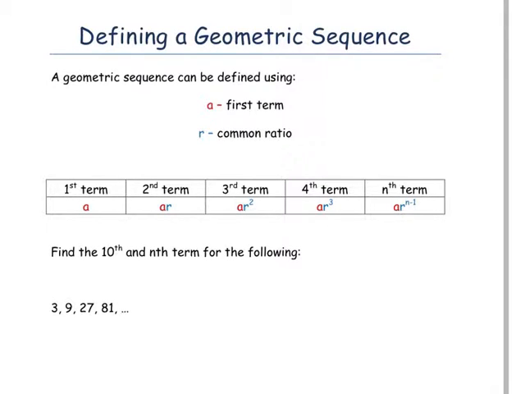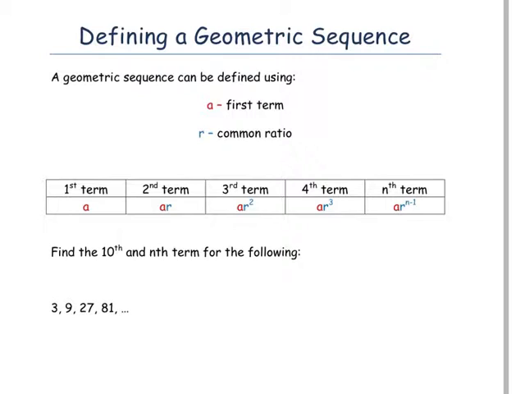Defining a geometric sequence. In Core 1 we looked at arithmetic sequences and we found a rule for finding the nth term of an arithmetic sequence. Well, in Core 2 we're going to look at finding the rule for the nth term of a geometric sequence. And remember, a geometric sequence is where we multiply by a common ratio to get from one term to the